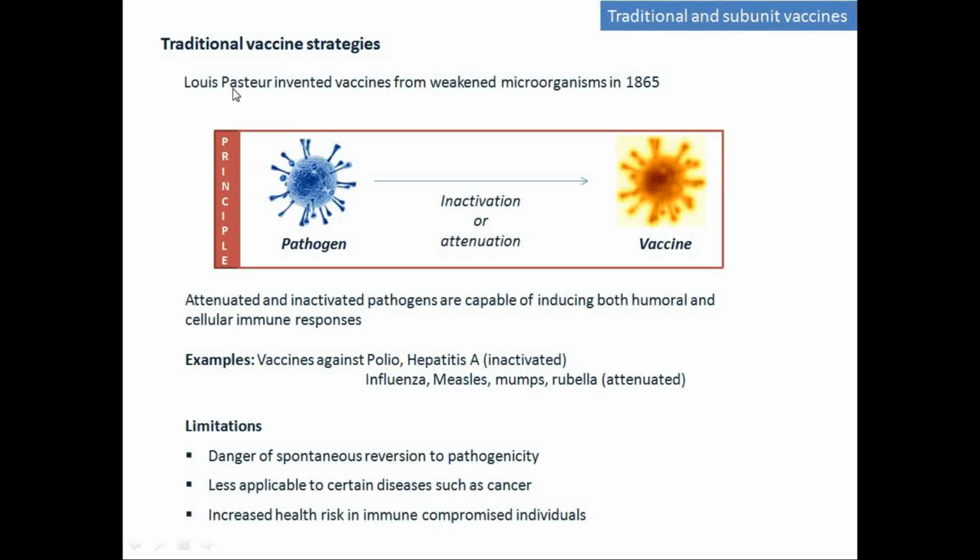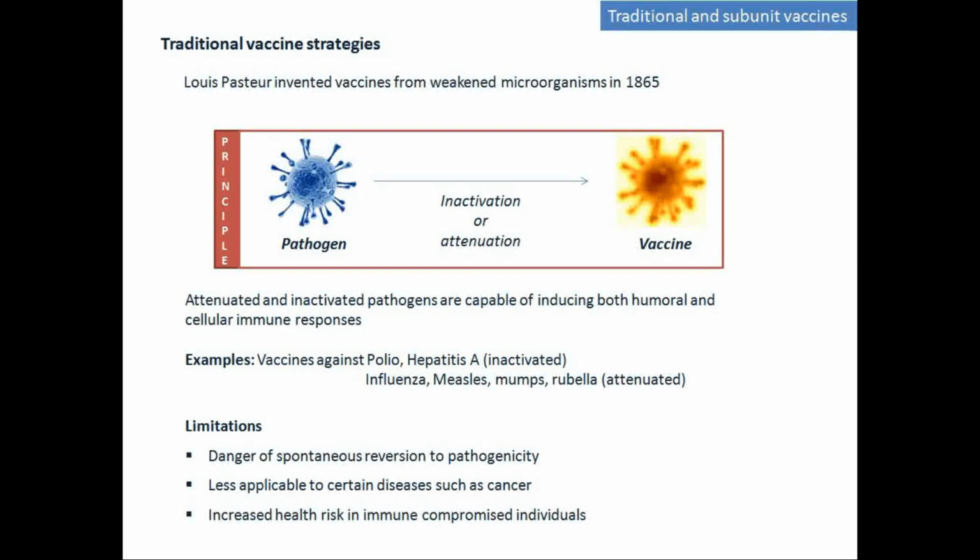Louis Pasteur in 1865 identified that a weakened form of microorganism can elicit specific immune responses. The major principle involved is that we have a set of pathogens which can be subjected to repeated culturing, so the virulence factor of the pathogens will be gone, and instead of causing the disease, based upon the structural components present in the pathogens, specific immune responses can be elicited. Or we can chemically modify